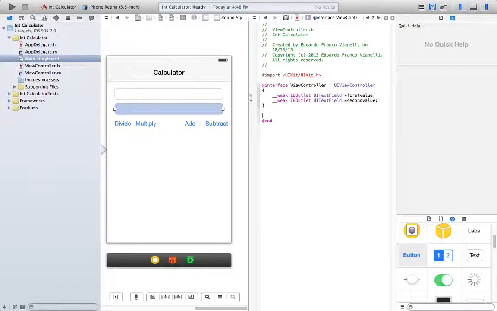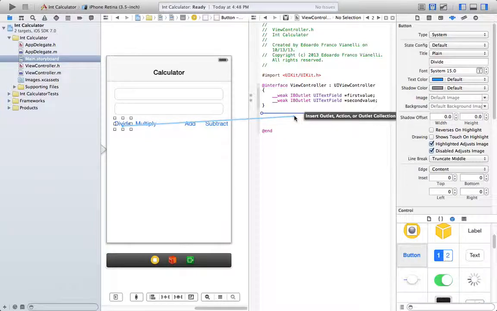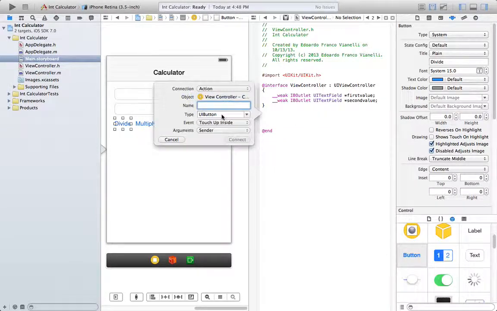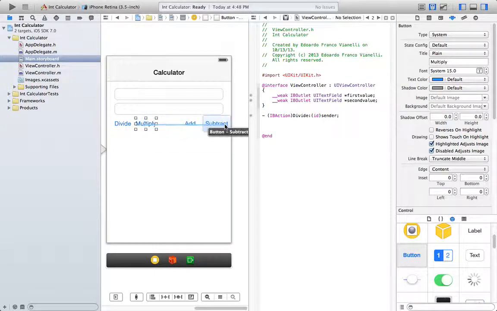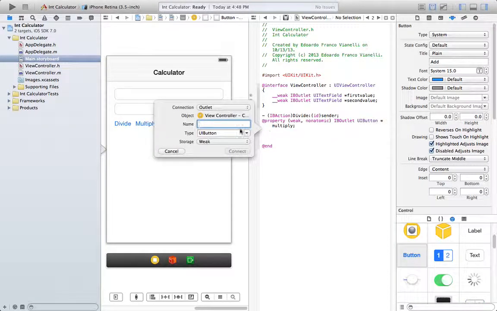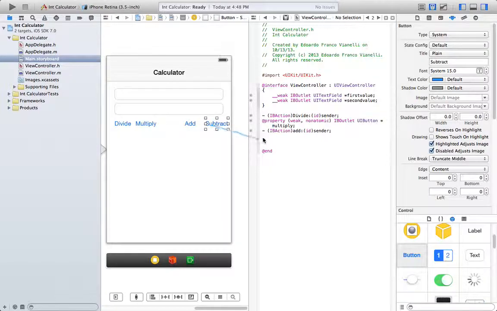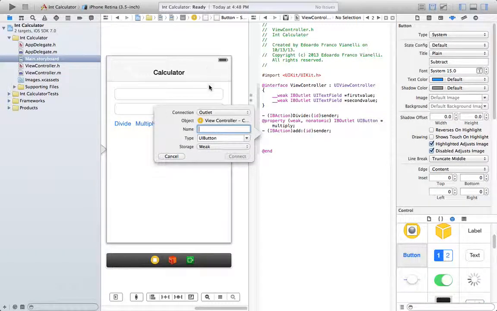Then you need four actions for the buttons. So the first one will be divide, multiply, add, and